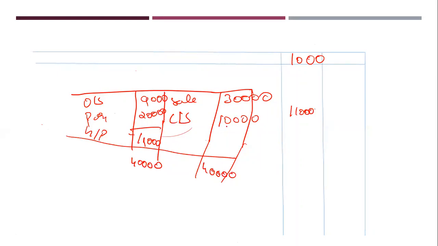And next is undervaluation of closing stock. Suppose my stock was supposed to be 11,000, but they valued it at 10,000. Because of that, my profit shown is less here, correct? So if the exact value is 11,000, then my profit will increase by 1,000, right? That is the reason any undervaluation of closing stock, we have to add it back. Am I clear?